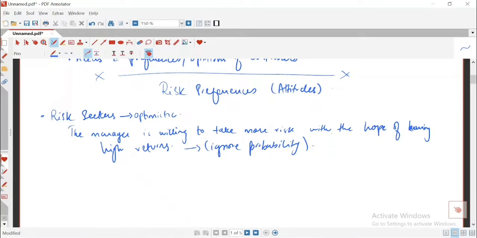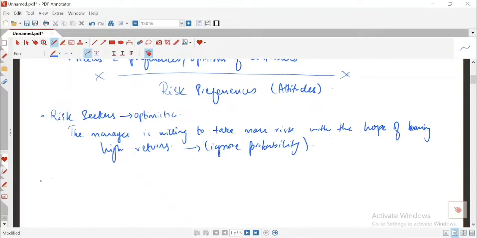Risk seeker people are those whose perception is that the higher the risk, the better the return, the greater the return. So the bigger the risk, the bigger the return. Okay, so these people are willing to take risky decisions. They consider a lot of risky steps in their decisions, because they assume that the more risk we take, the more return we will get. So it's like a 50-50 situation. Either there is a higher return, or the risk can lead you to a loss as well. But what they consider is that the best higher return is what we are going to take, because that contains higher risk as well. So they are people who welcome the risk in their decisions.